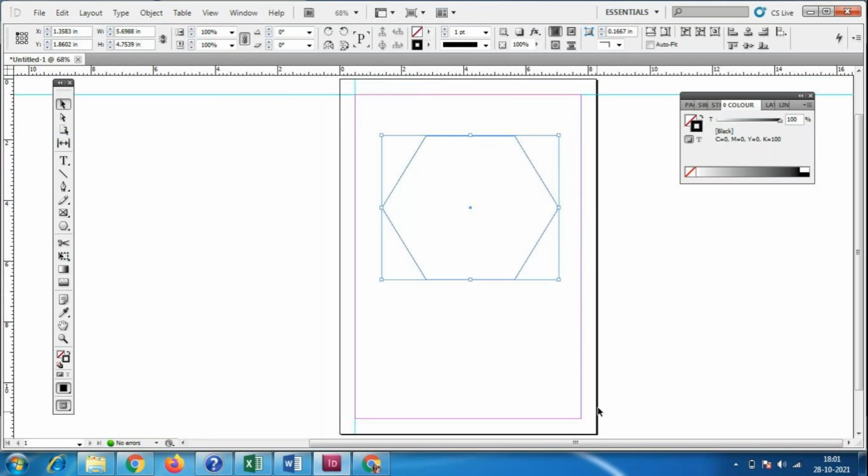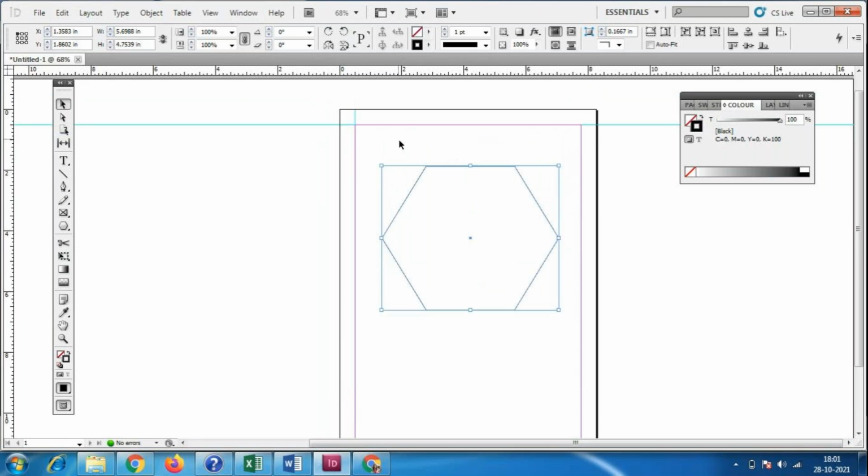So why do we have to use the margin? In any book design we always leave a margin, because after designing is done, it goes for publishing and printing. After taking the printout, they will cut the papers, right? They want to make it a book properly, so at that time they will make a cut.